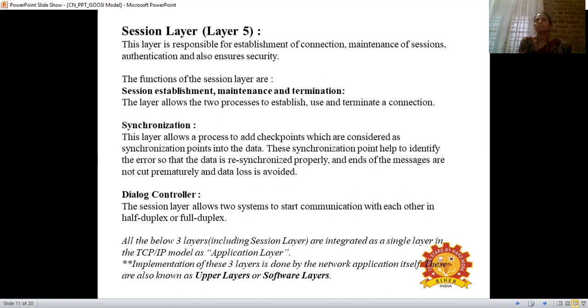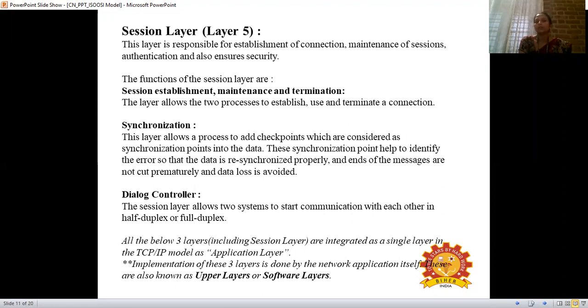Otherwise, if the sender receives the acknowledgement in a particular time, what happens? Based on the acknowledgement, the sender has to decide whether to retransmit or not. If it is a positive acknowledgement, the sender doesn't need to retransmit the messages. If it is a negative acknowledgement, the sender has to retransmit the message again. Then it will be waiting again; the sender has to wait to get the acknowledgement. If they get the positive acknowledgement, the sender sends the next data. All these things happen in synchronization.